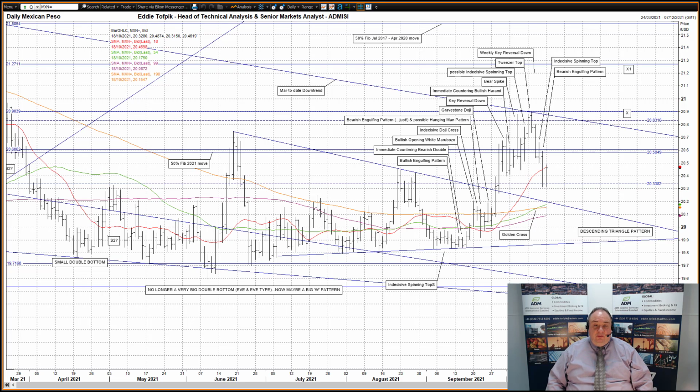As you can imagine, this very much threatens the whole secondary target X1 in the 21-23.5 area for the descending triangle pattern. So far today, a reactionary move higher, with what looks right now like a possible immediate countering bullish piercing line pattern. Below we have the top of the trend line of the descending triangle pattern, currently at 20.1974,